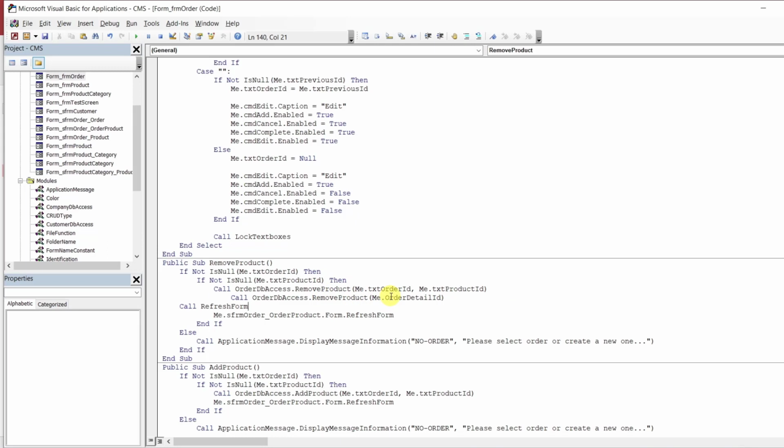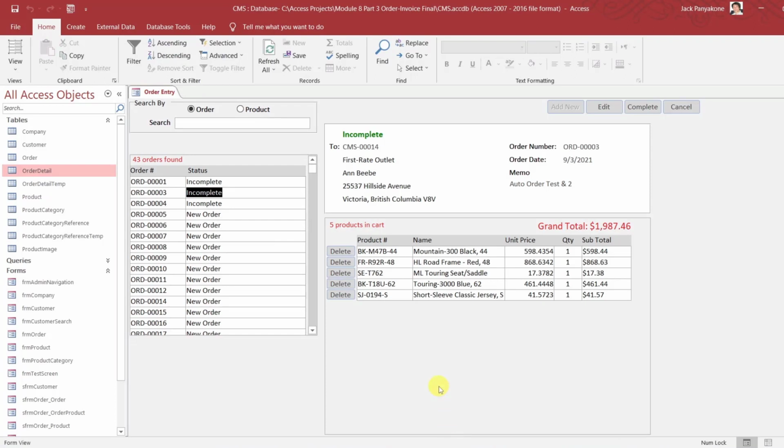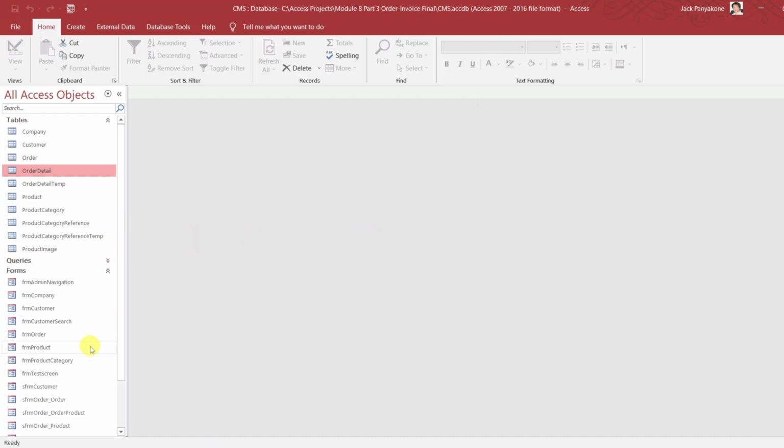order detail ID. So now what needs to happen here? This guy is good, so we'll take that out. We don't need that one. So what needs to happen here? We need to have an order detail ID. All right, so let's fix that. Because the only way to update the main file is to click on the save. All right, let's close, save, yes, and then go to